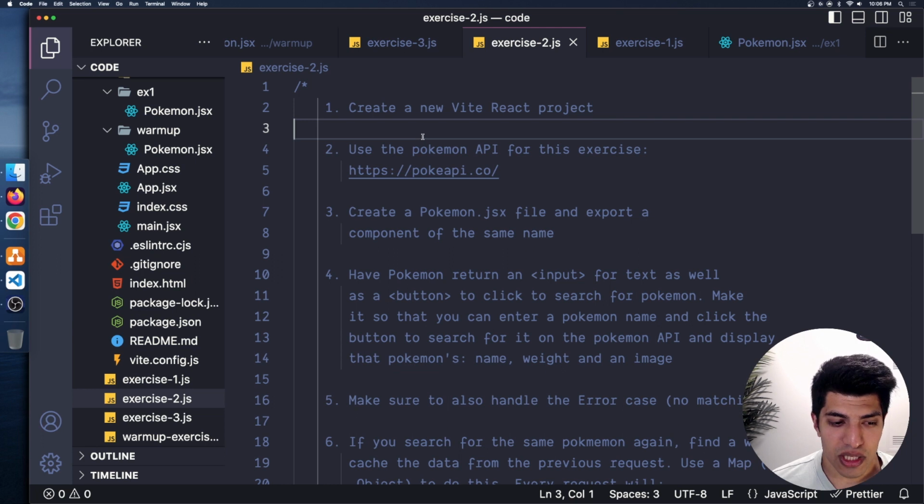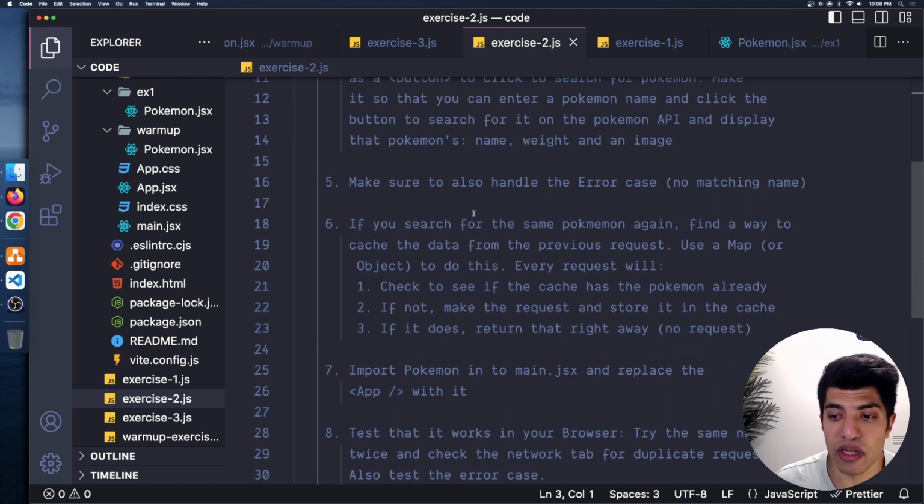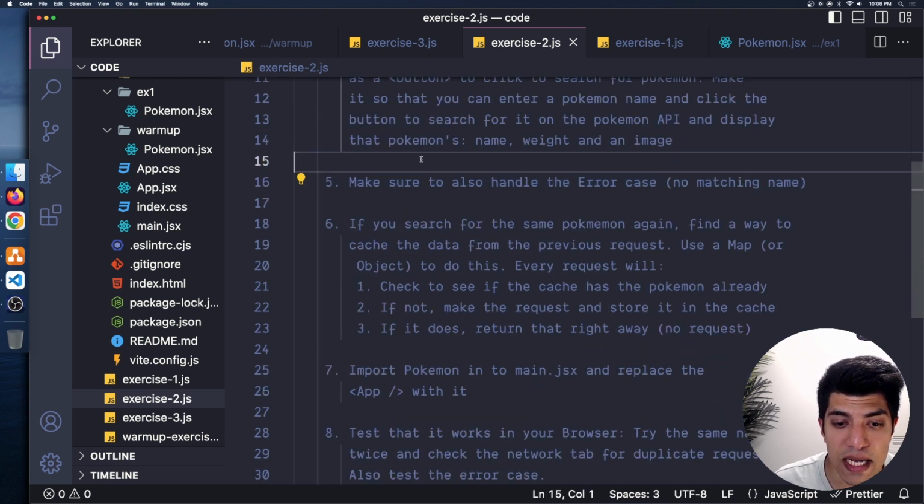All right, so for this one, same thing. I'd like you to create a new React project. Use the Pokemon API again for this one. Create a Pokemon.jsx file, export the component of the same name, and have Pokemon, in this case, return an input tag for text, so input type text, as well as a button to click to search for a Pokemon. So make it so that when you can enter any Pokemon name inside that input text, and click the button to search for it, and the Pokemon API and display that Pokemon's name, weight, and image, just like we saw previously. So this is a dynamic version of the warm-up as well as exercise 1. So you want to make sure to handle the error case. So if we try to look up something that doesn't exist,